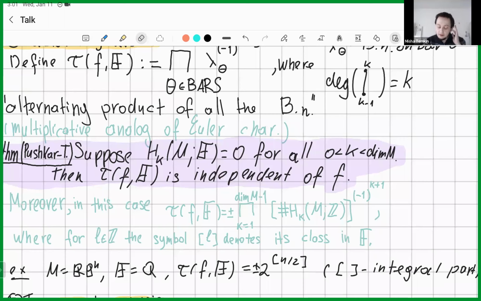So if M is a Z homology sphere, then there is no homology over Z. Then this formula tells you that for any Z homology sphere, tau is just one. For a Z homology sphere, this is just one. The order of the trivial group is just one. So for a Z homology sphere, like for Milnor spheres, this is